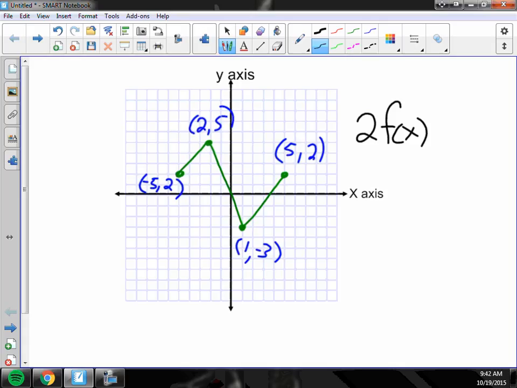We're going to multiply all of the y values by 2. So negative 5, 2 becomes negative 5, 4. 2, 5 becomes 2, 10. 1, negative 3 becomes 1, negative 6. And 5, 2 becomes 5, 4. So if I draw that graph,